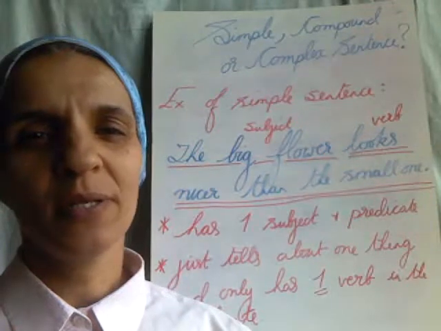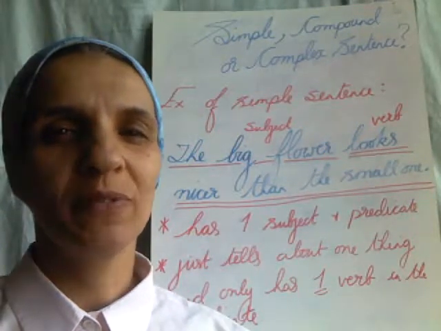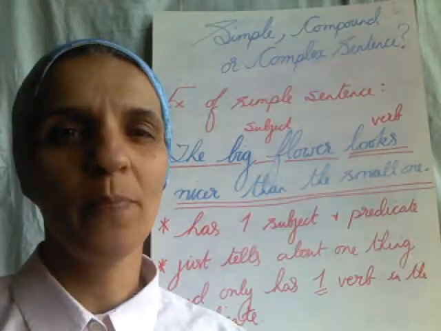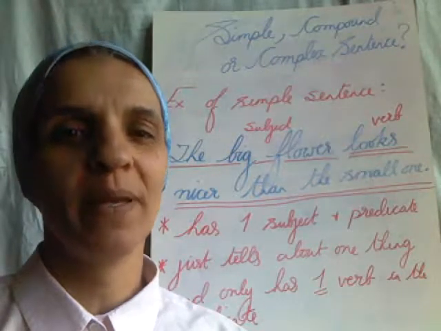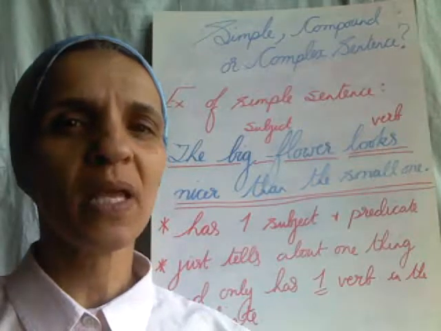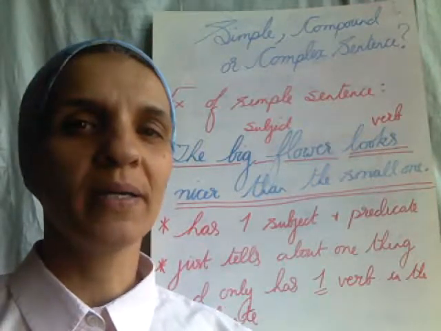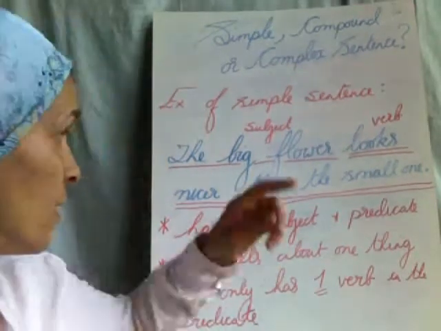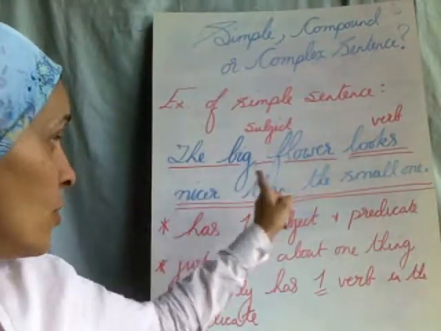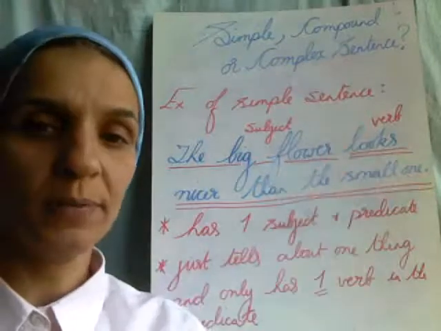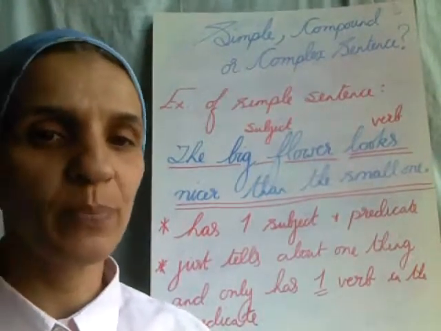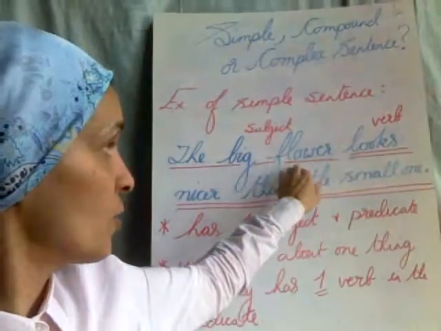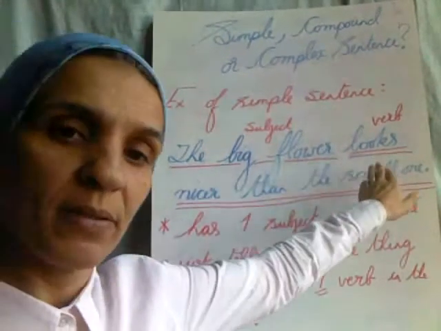to teach us or remind us how to tell the difference between simple sentences, compound sentences, and complex sentences. And we're going to start by looking at an example of a simple sentence. The big flower looks nicer than the smaller one. Okay, this is a very simple sentence, and I've underlined the subject with one red line and the predicate